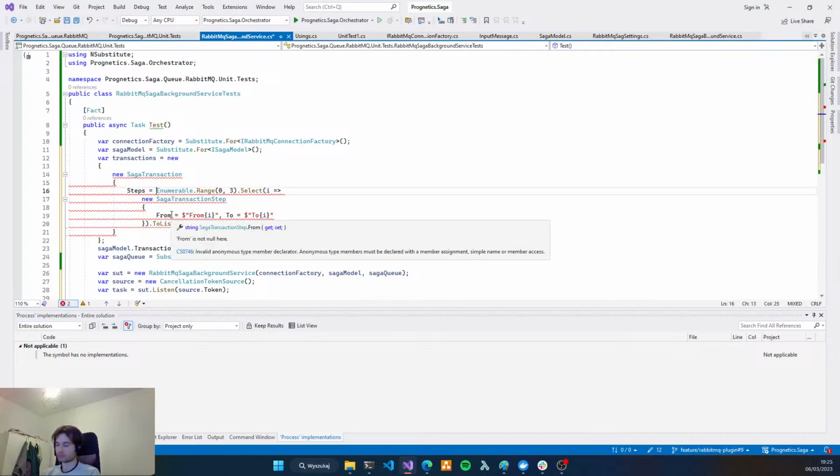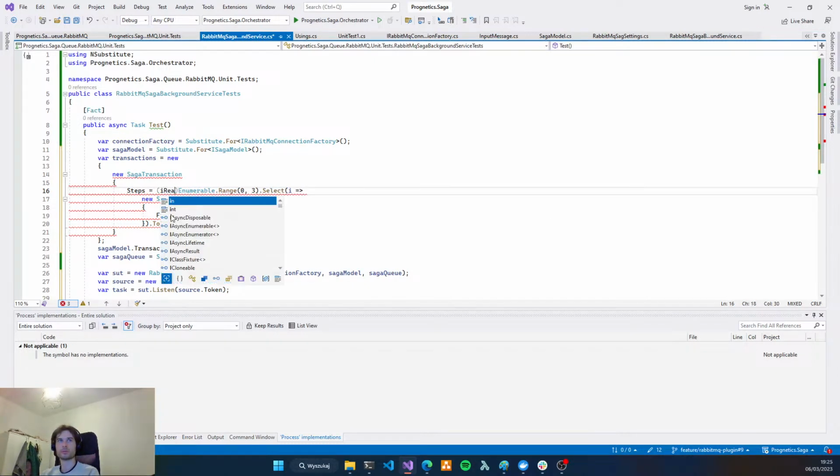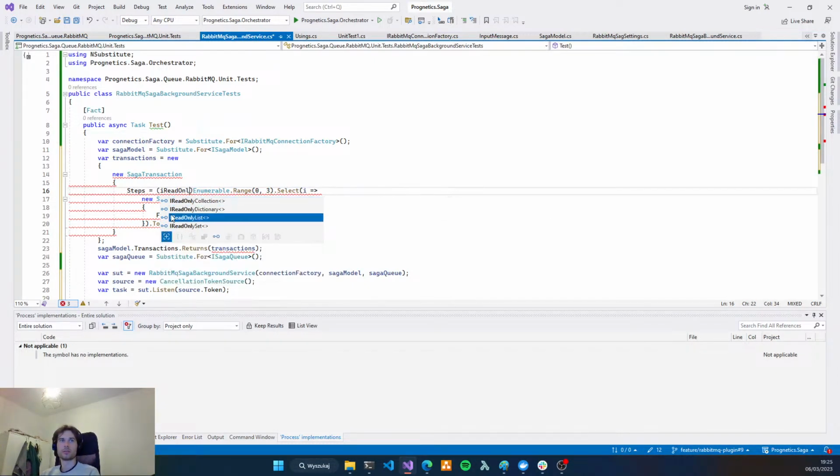I don't know, maybe just add a read-only list of SAGA transaction steps. No, it's not needed. Okay. So what am I missing?